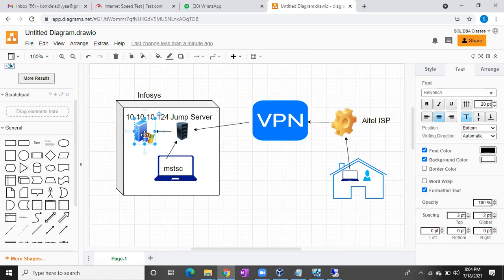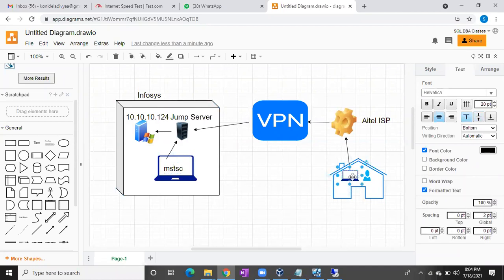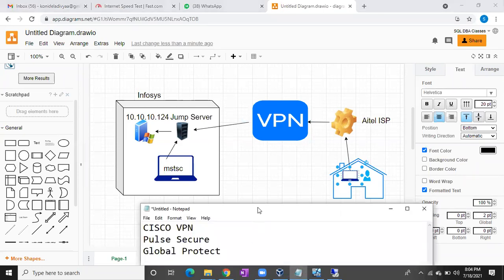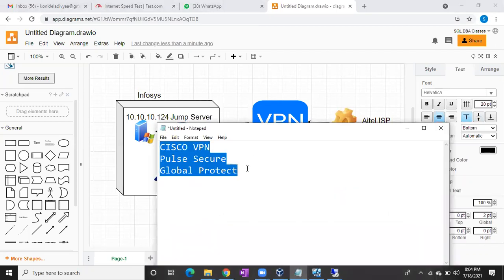The process is the same, but earlier there was no need to connect to the VPN software. You can directly type MSTSC. Now if you're doing work from home, first you have to connect to the VPN software. It's not a big deal, guys. Just a connect button will be there, and every 1 minute or every 30 seconds a 6-digit pin will be generated. Either you can get that 6-digit pin on your mobile number.